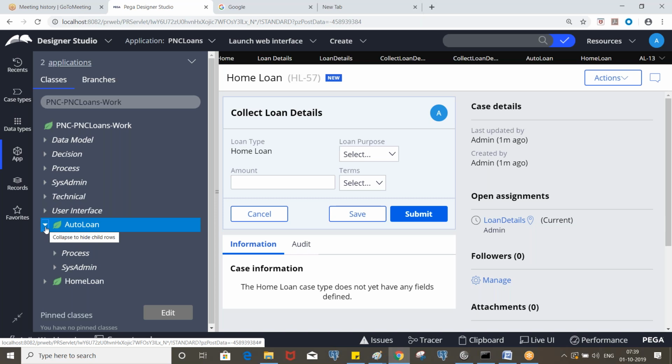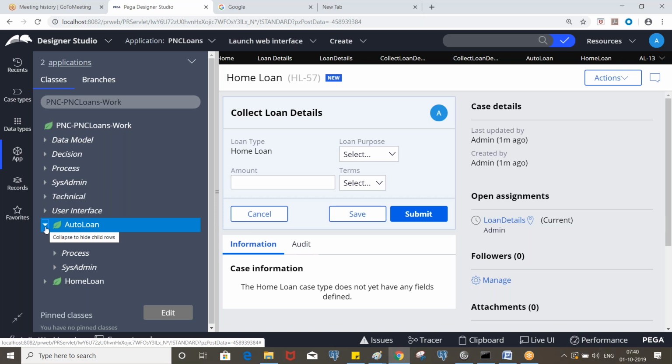Let's say in some cases we created a separate data transform to handle address details. So in those cases we create separate ones. This is just to default. Whenever you execute a flow, this will be executed at that point of time. If you want to assign some values to the properties, we use this pyDefault, for example for work object prefix and to set some work type values.